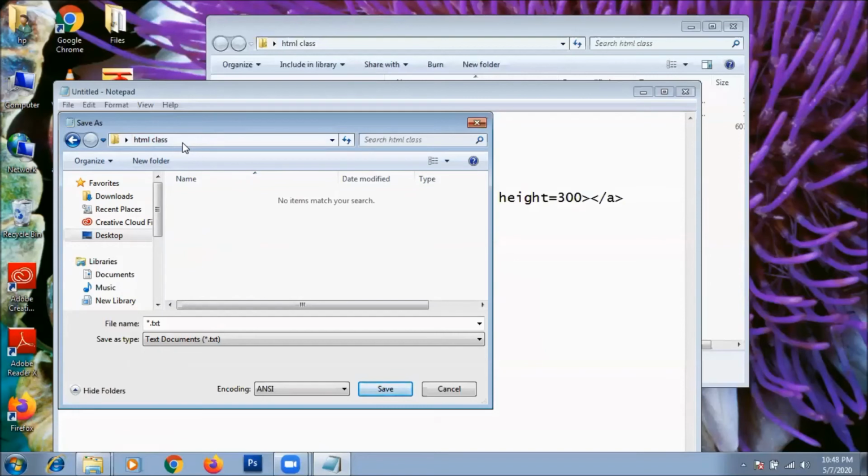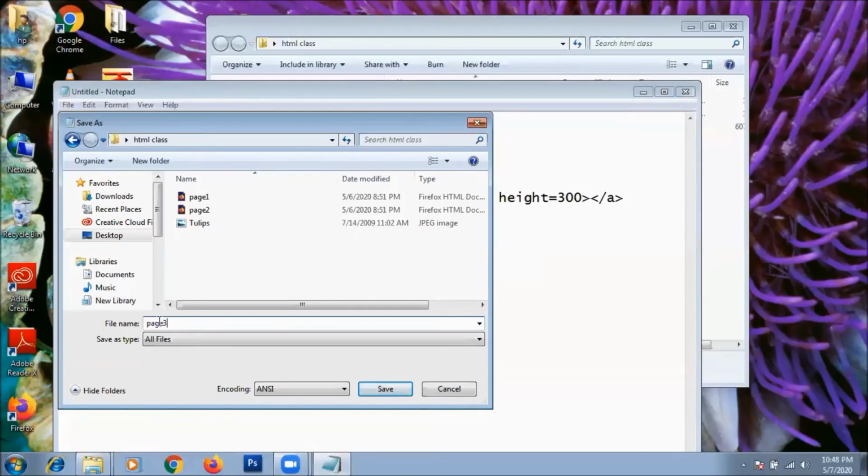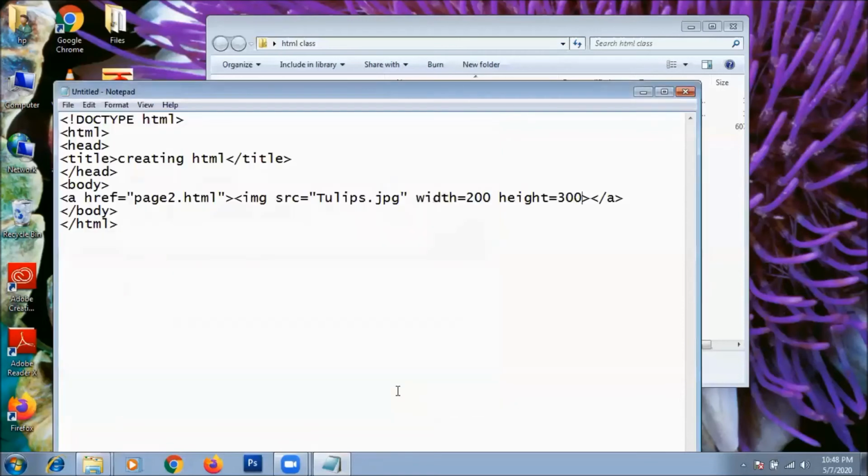So go to the location, then choose all files, and save the page as page3.html. Don't forget to give .html. From the code, what we have done is page3.html, and this page is linked with page2.html.